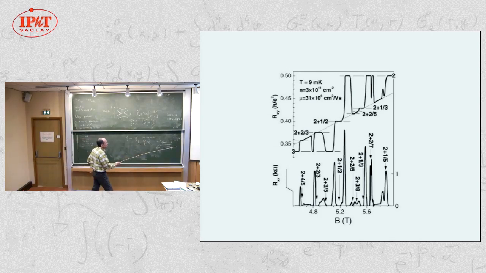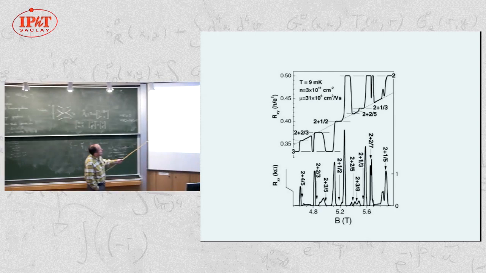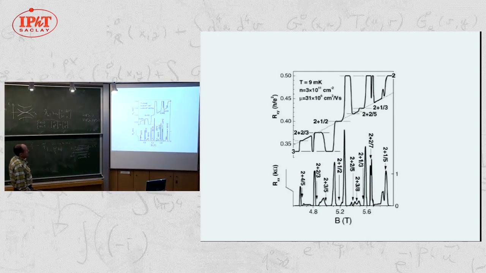This is not at all the case. We see that clearly there is a gap, and there are associated edge modes that lead to this quantized Hall resistance. There are some phenomena that are probably conventional. You see that there is some evidence for 2 plus 1/3 fractional quantum Hall effect, 2 plus 1/5, so with the associated plateaus.